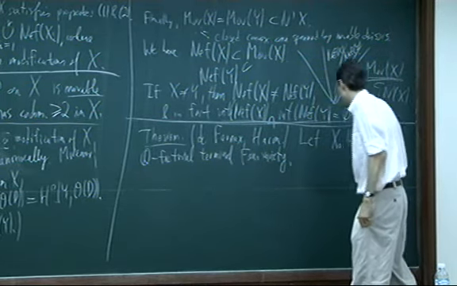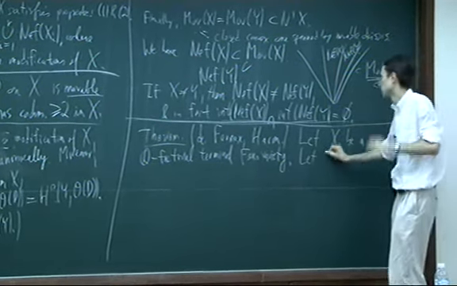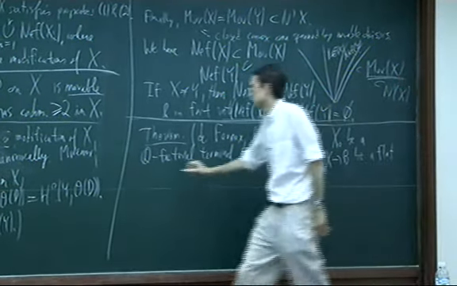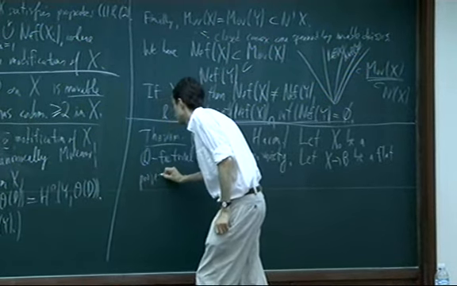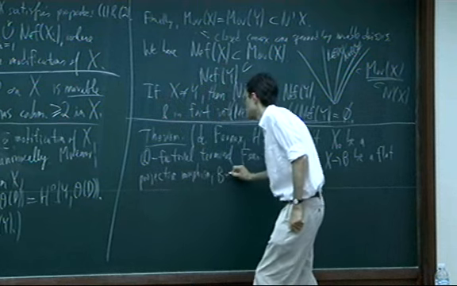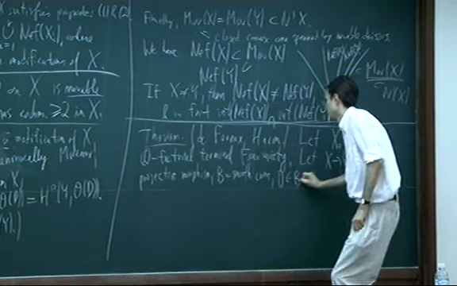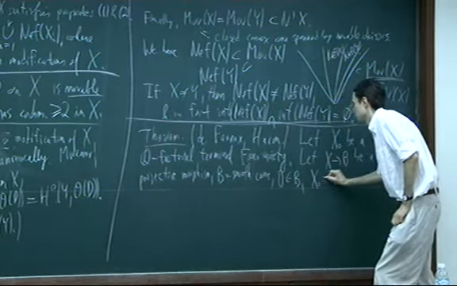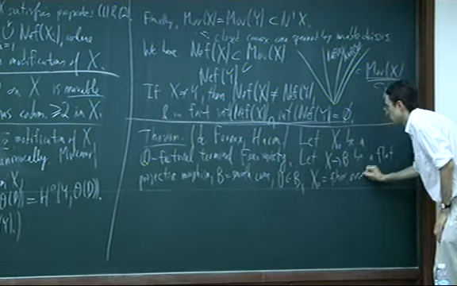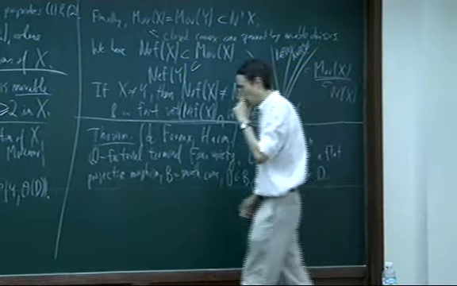Okay, so what they propose to consider is, suppose you have a family of which this is one member. Let this be a flat projective morphism. Say it's a one-parameter family, so B is, let's say, a smooth curve. Say 0 is the name of a point in that curve, and x naught is the fiber over that point. So I assume I've got a family of varieties where one fiber is the Q-factorial terminal Fano variety. I did say flat, yes.